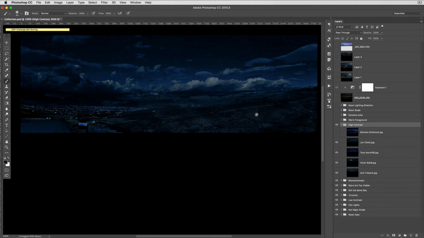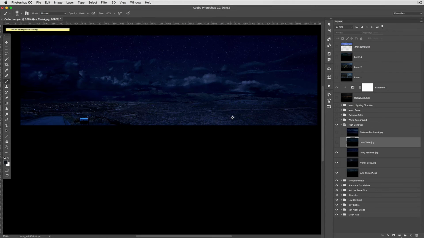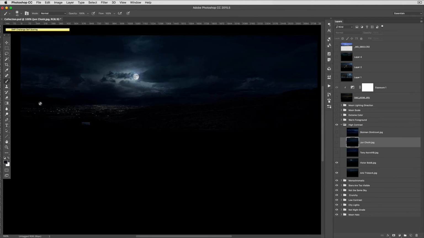So this one here, these are really, really strong blacks in here, and really strong blacks in here. And then these are really bright lights. So that's Jun. And then Tony here, you can see these really kind of like black holes right in here. Okay. Victor here also has these really extreme blacks,